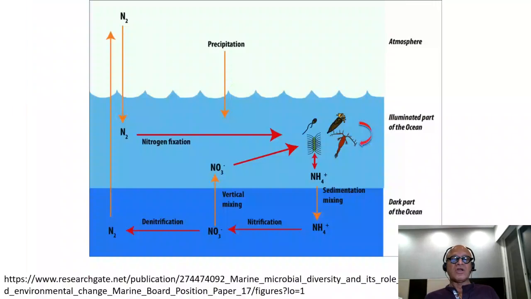You have regions where there are standard low oxygen regions where there are nitrifying, denitrifying bacteria and so on in the ocean, which also matter. So you have dinitrogen exchange with the ocean and flux in and flux out. Nitrogen fixation by the diazotrophs ends up producing ammonium just like on land, which is then converted by sedimentation and mixing. So you are thinking of the euphotic zone here, where there is enough light for photosynthesis, and the darker part of the ocean,